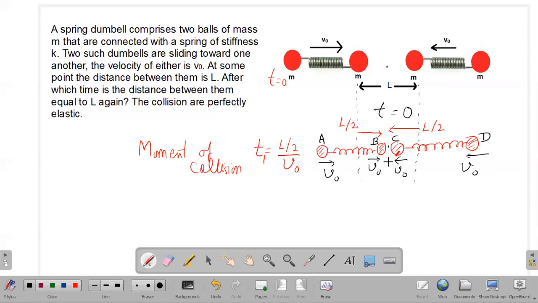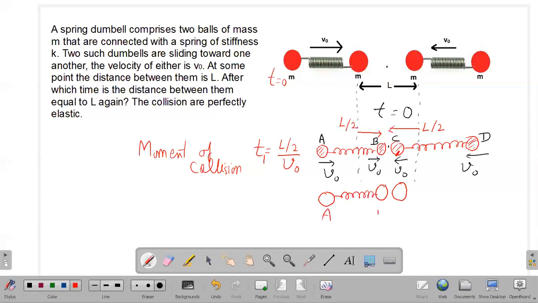Because of that, the impulse on block B as well as block C is only the impulse which they offer to each other during the collision. A spring won't offer any kind of impulse to blocks B and C. Since blocks B and C have identical masses and undergo a perfectly head-on elastic collision, they offer impulse to each other. That impulse changes their momenta, and we can use a basic fact: when two identical masses undergo a head-on elastic collision, they simply exchange their velocities.